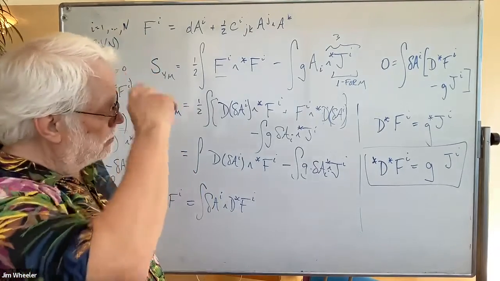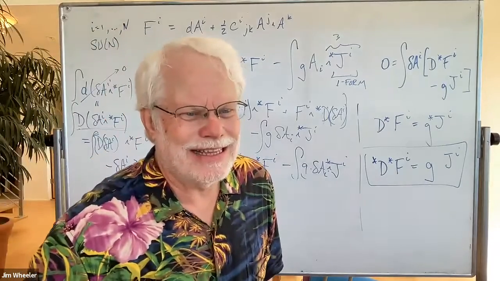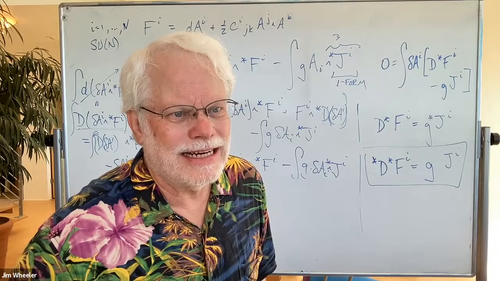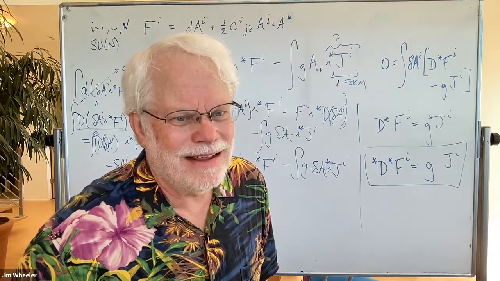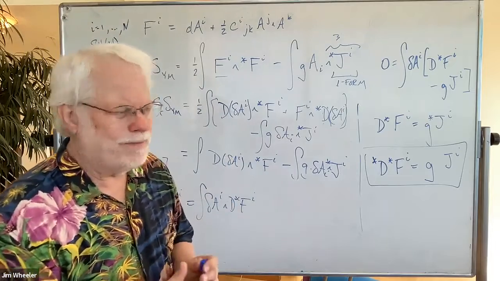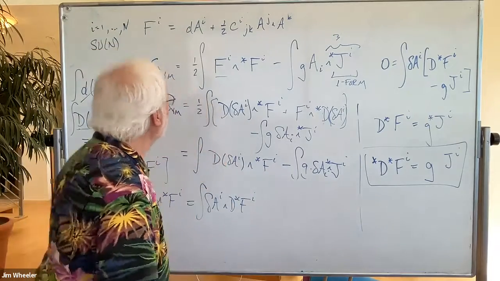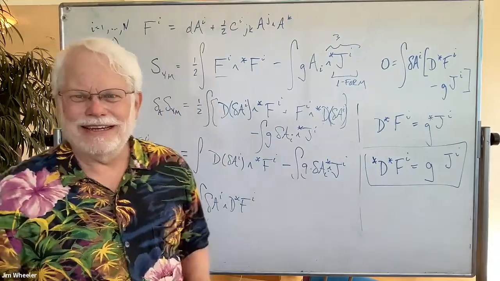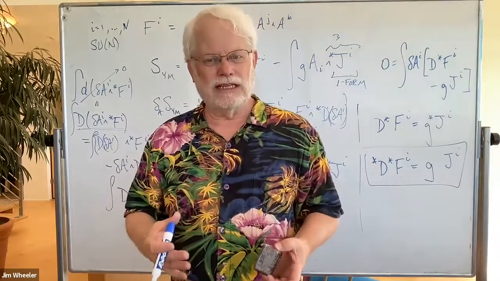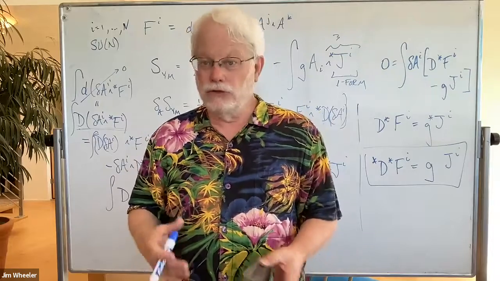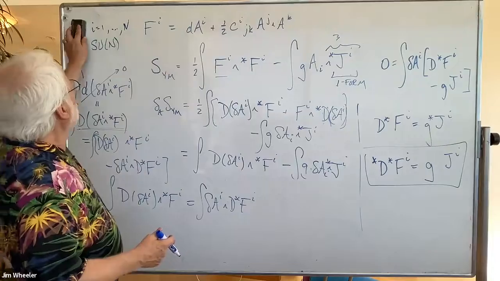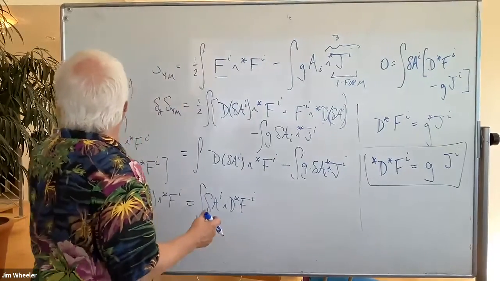Now, to show that the current is conserved, let me see, what did I do to do that? I had to go through a little work to do that. But what you need is the Ricci identity. Now, the Ricci identity is what you get in general relativity if you take the commutator of two covariant derivatives. So in general relativity,